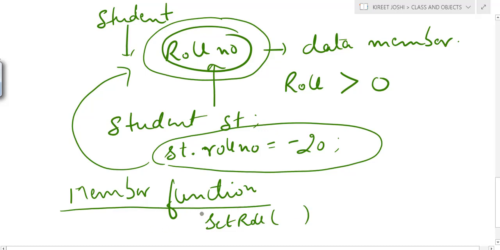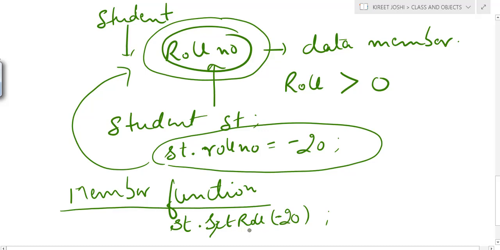If this particular member function is called on this particular object, that is st, and any user or any programmer tries to access your data with the help of this member function, so this member function is not accessed by you, it is being accessed by some other user. If this user tries to access this member function and provides any value, say -20, then he is indirectly accessing the data. He is not directly accessing the data.